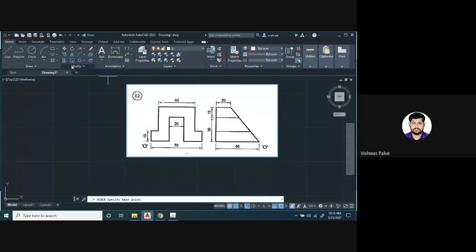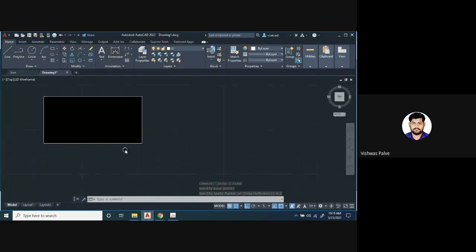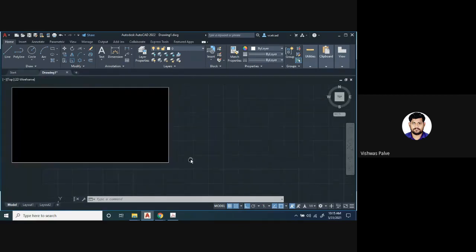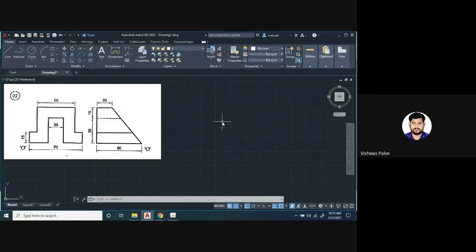So I have selected one object. I will first reduce the scale. Okay, so I want to redraw this object as it is, same with the dimensions. So how are we going to redraw this object? I will post 5 questions in a similar fashion. Okay, you have to redraw this object. You have to save it or take a screenshot and then upload it. Okay, so I'll show you today how to save it in PDF format. And then you can directly upload it.